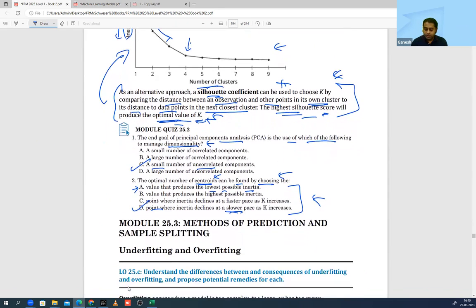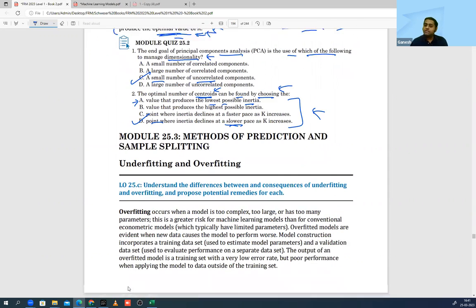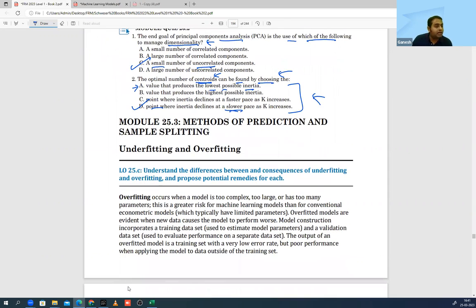Next part, overfitting, underfitting. Very, very simple concept. This is a repeat from your regression. You guys have heard about the variance bias trade-off? It is in the curriculum. You must have read it sometime. Okay, same chapter, it is in regression. So the same concept, because we are talking about any model which is able to explain the concept.